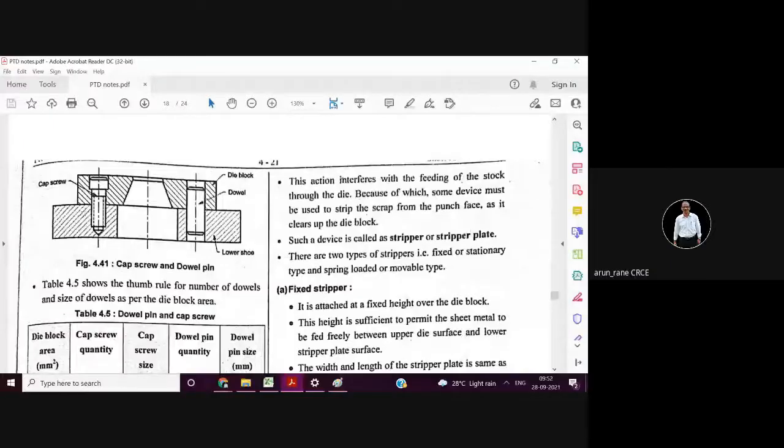Whereas in a tap screw, threading is done only in one part. Most of the students show threading in both the parts. That is wrong. Threading is done in one part, and here you have a free hole. So this representation is wrong. This is what happens with the non-standard books, technical publications.